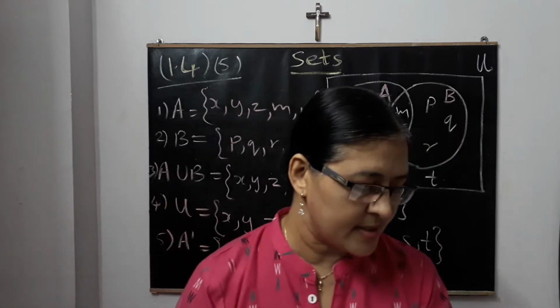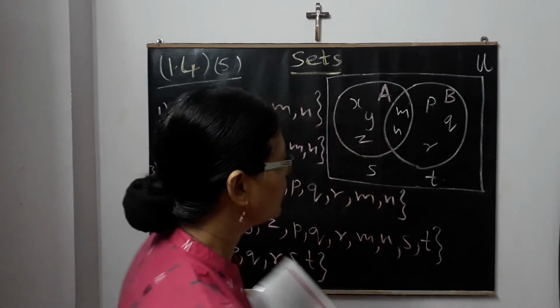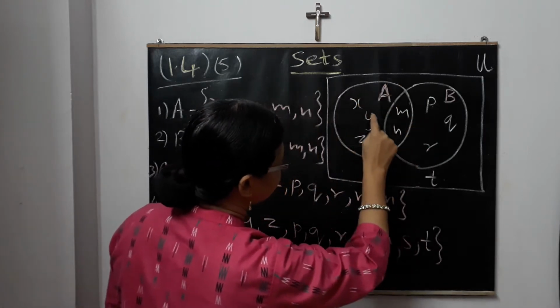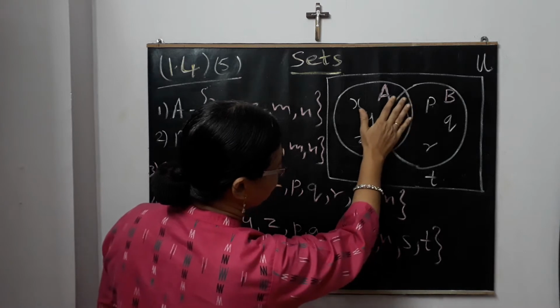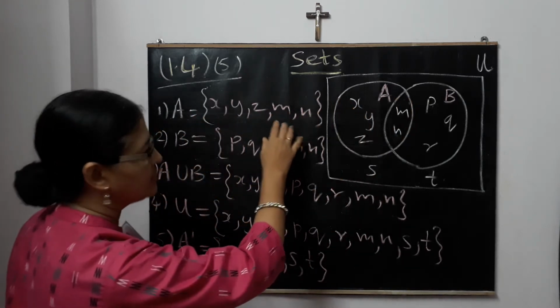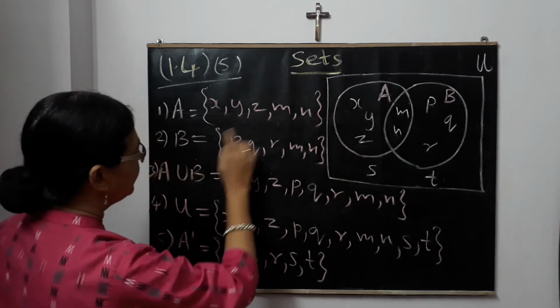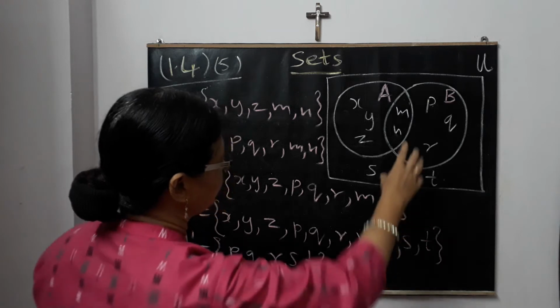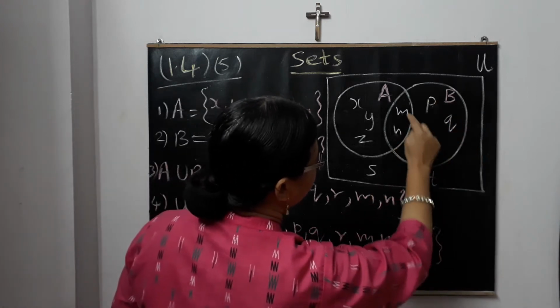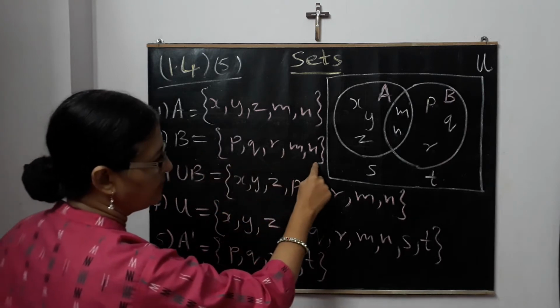Now see what questions are asked. First they have asked you to write the following set, that is set A. So what will be your A set from here? x, y, z, m and n, because this is also included. So that is your A set which I have written already. You check your answers: x, y, z, m, n. That is the first set in the curly bracket. The second they have asked you is the B set. So B is p, q, r and m and n. All this will be included. So that is p, q, r, m, n.